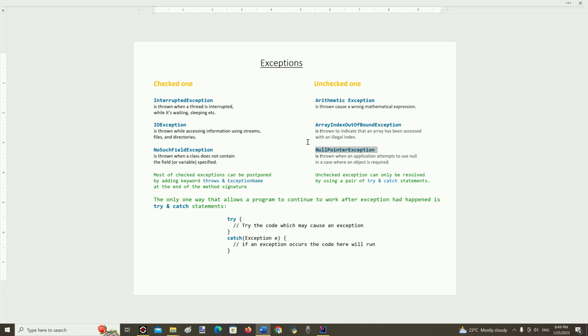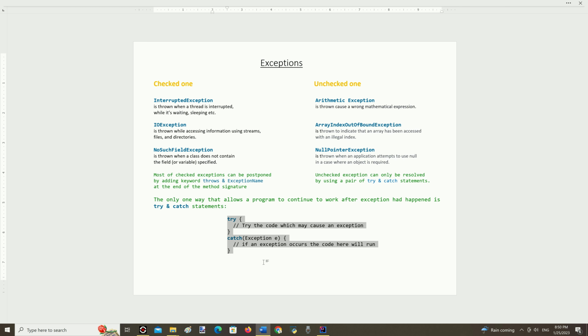Or a null pointer exception is thrown when an application attempts to use null in a case where an object is required. Unchecked exceptions can only be resolved by using try and catch statements. And only try and catch statements can overcome an error that occurred, no matter whether it was a checked or unchecked exception.